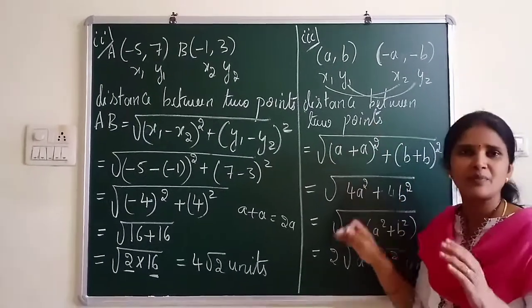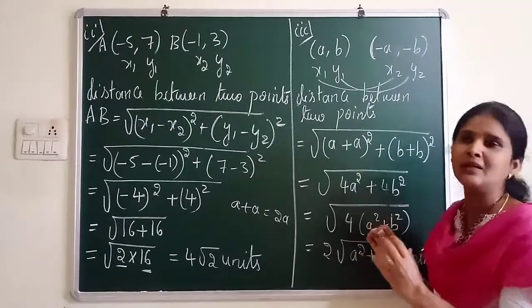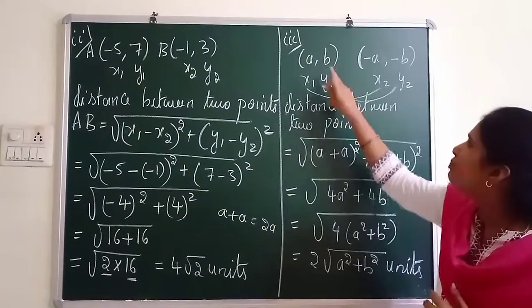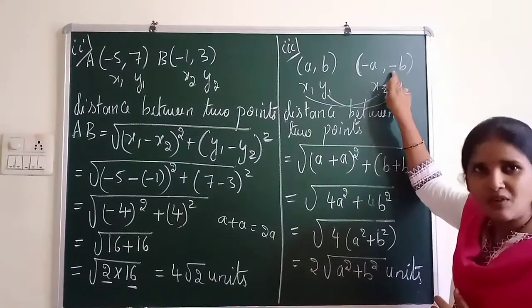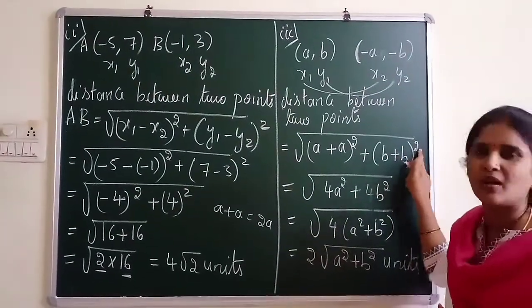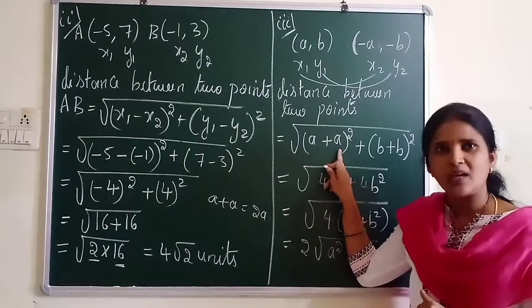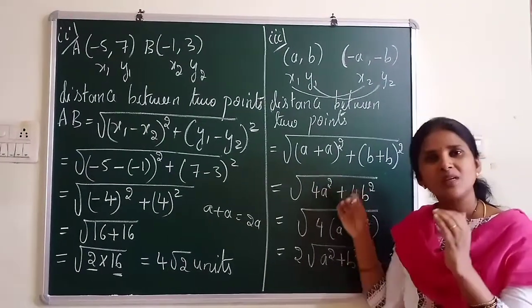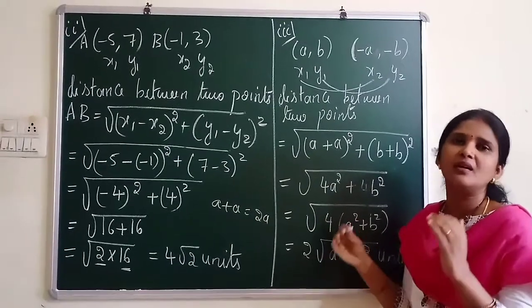Here I removed two steps. I have not written them in detail. So next, the second one is y2 minus y1. b minus, again one more minus, double minus, minus of minus is plus. (b plus b) whole square. So a plus a is 2a. What is 2a whole square? That also I have not written. You have to skip some steps to maintain the timing.